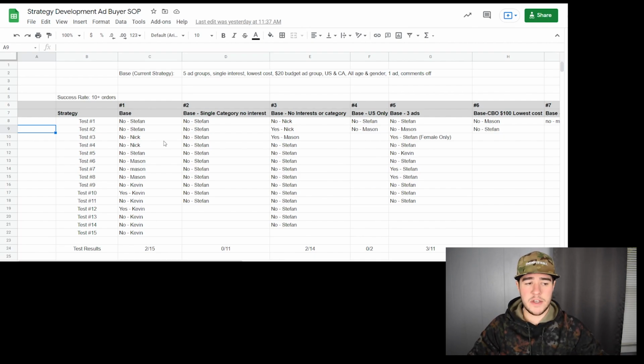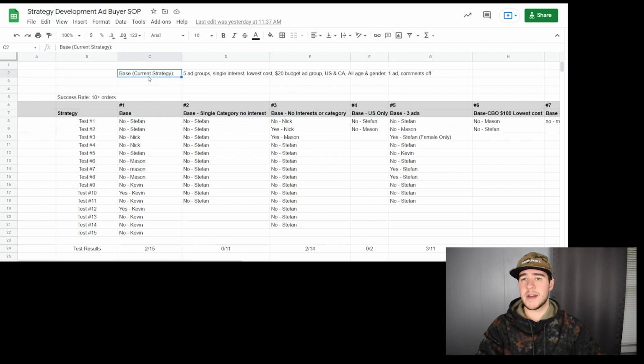I have our strategy development system pulled up. Now, I'm going to briefly explain what this is and how we use it, because I understand that if you don't understand what it is, it's probably very confusing to look at. But essentially, this is a system that allows us to create a base level strategy, the one that we mainly follow currently, and then it allows us to create as many different variations of that strategy. So for example,